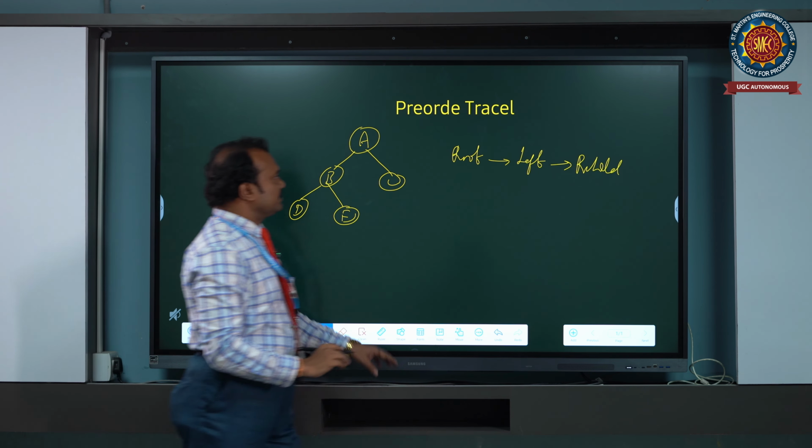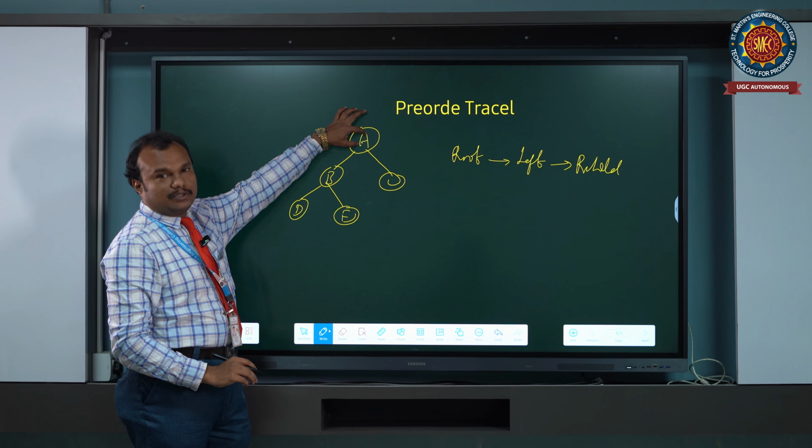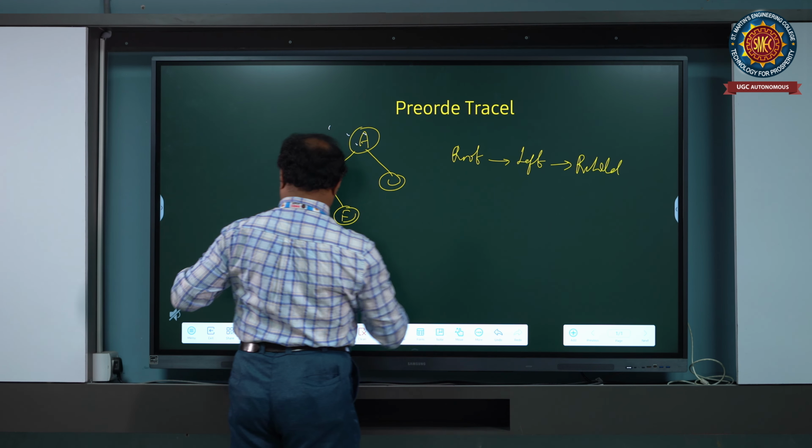So now, coming to the root node, in this tree the root node will be